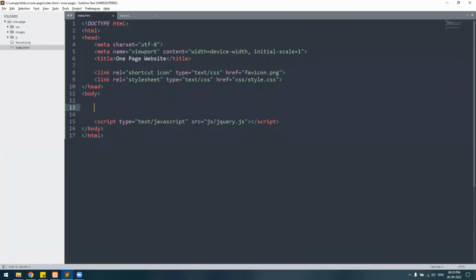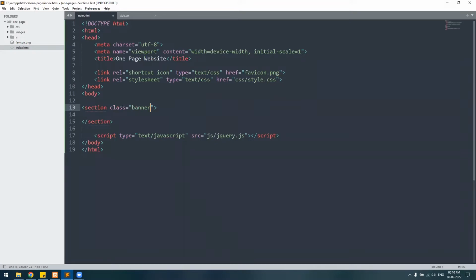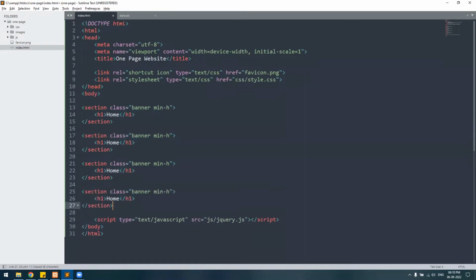Now what we will do is we will first create a section, and we'll give it a name banner, and let's say we'll give it a class name mean h, and we'll get a class name banner. So inside section we'll create h1 home, and we'll just copy this, and we'll create another three sections. So the first one is the banner, and out of the first one, all others are the normal sections. So about